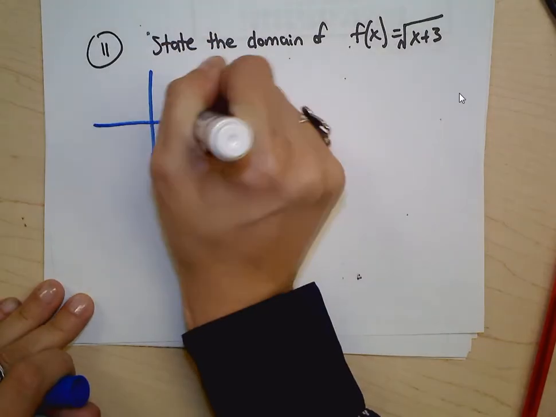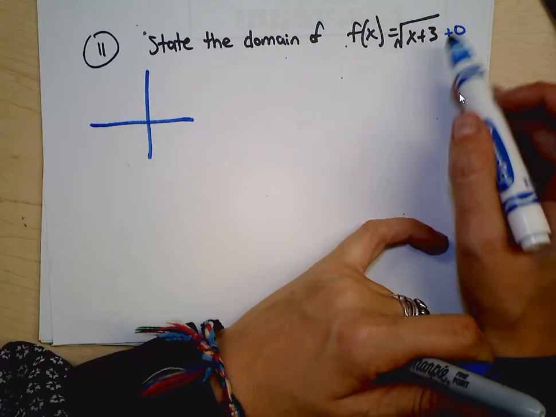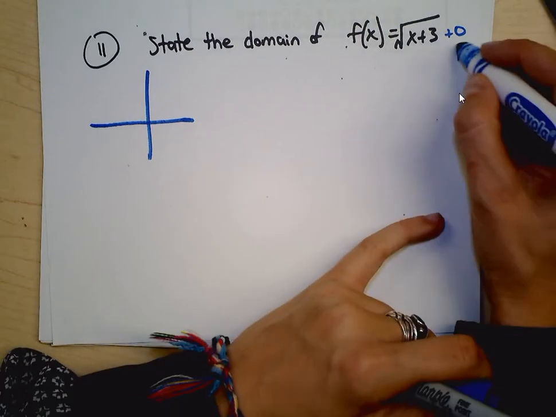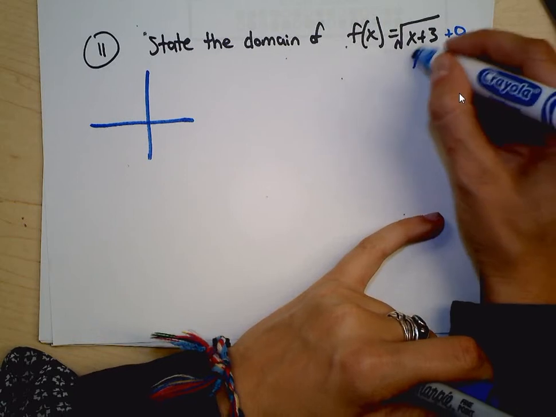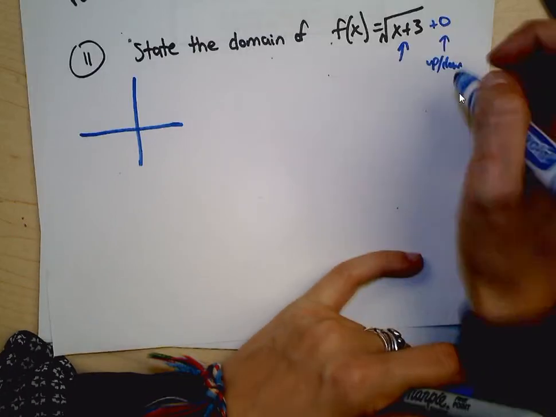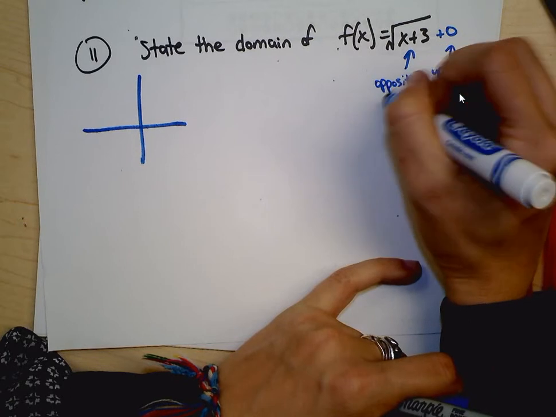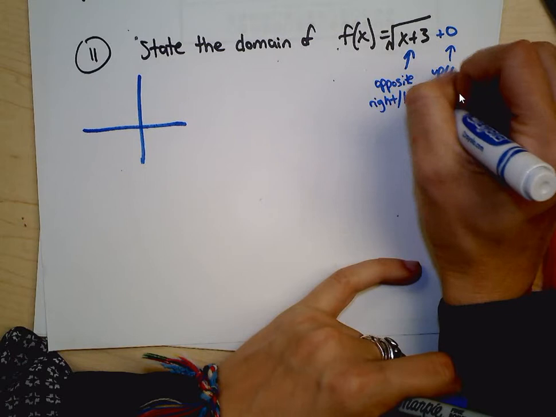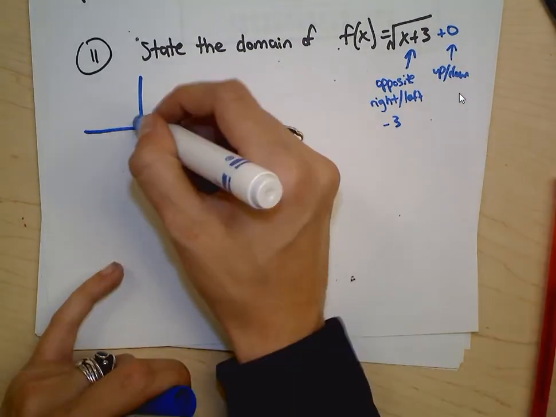Now looking at this number here, this is like plus 0. There's no number on the outside of the square root. So that means it doesn't go up or down because that number tells me if it's going up or down. And the number inside or under the radical, I like to think of as the opposite, but that tells me if it's going from right or left. And since it's a positive 3, I want to think of it as a negative 3, so I'm going to be going to the left